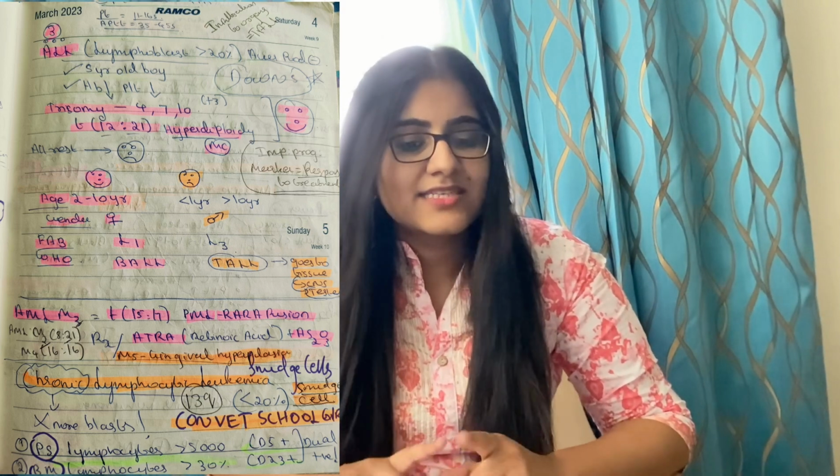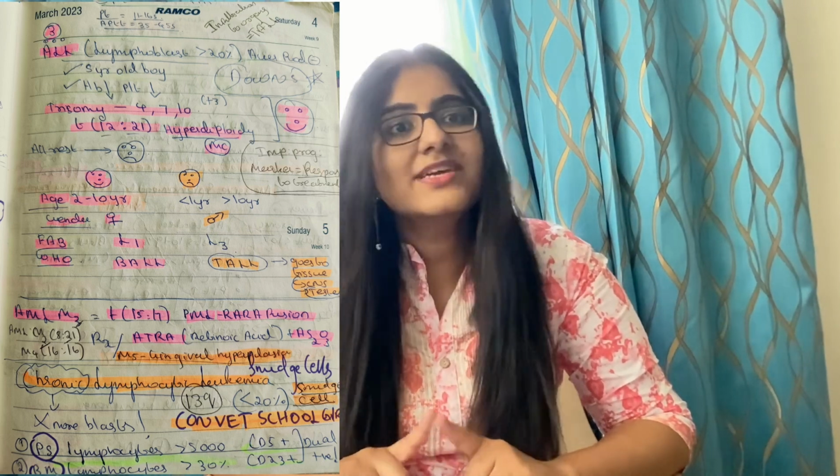Okay. So now when we come to ALL, if it's more than 20% lymphoblasts, it will be ALL. So in ALL you should remember number 3. Why am I telling you to remember number 3? It's because of trisomy 4, 7, 10, trisomy, and also translocation 12;21. So 1 plus 2 is 3, 2 plus 1 is also 3. So you can remember with the number 3, translocation 12;21.